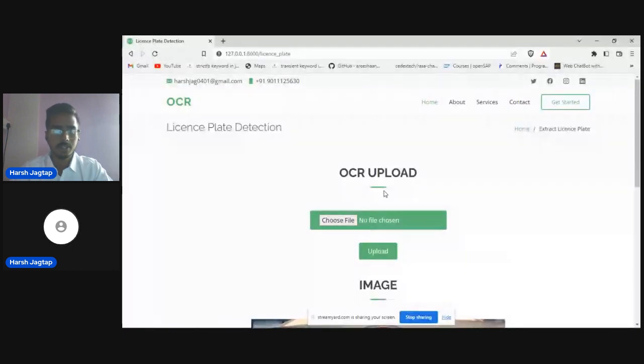So, it is another example. We can use OCR for extracting the number plate from cars, which is very important, for example, in parking slots or traffic areas. If someone